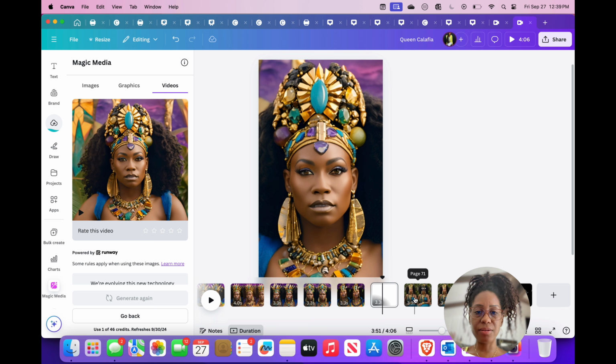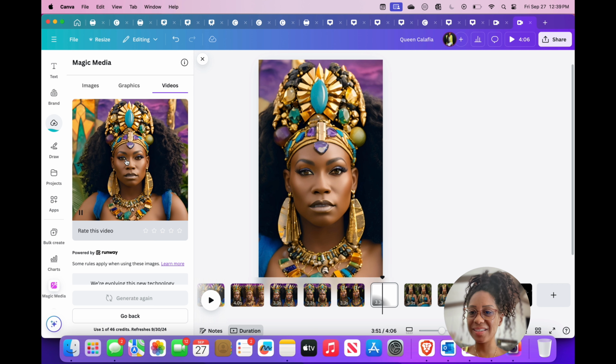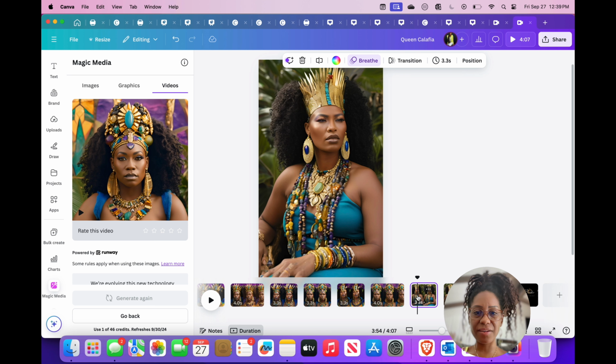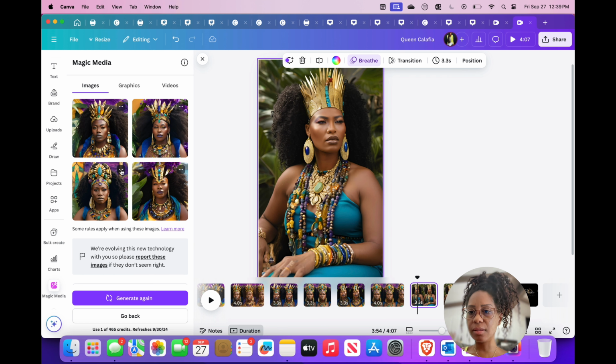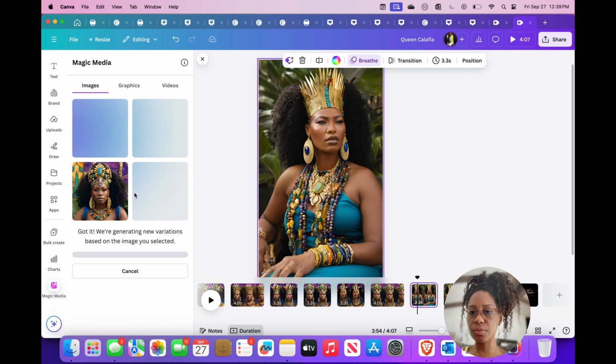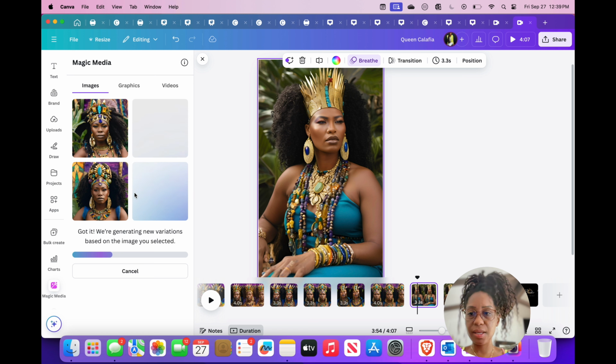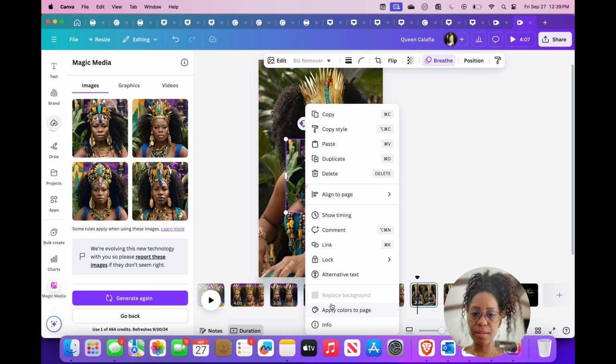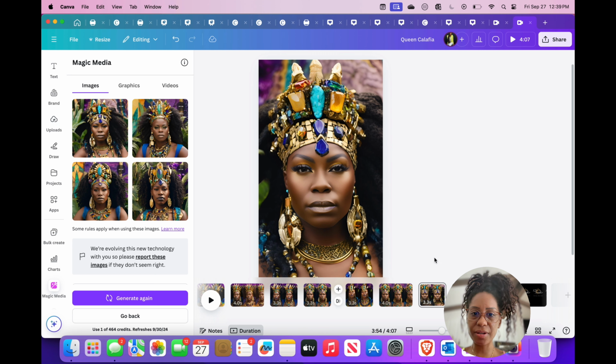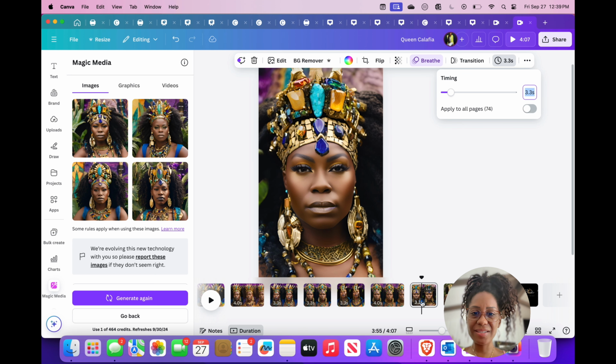Replace background. Let's see. I love the swinging of her earrings. It makes me so happy. So generate more like this real quick, and then I'm going to see how this handles. Oh, look at these beautiful queens. This is such an endless journey. Oh, this is just